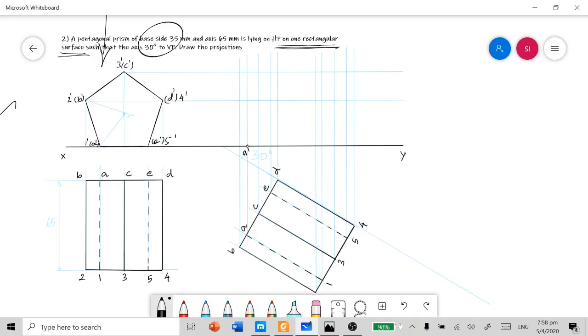Similarly, point B and B dash intersection is here, and C dash and C. And here D dash, and finally here E dash for the face corners.